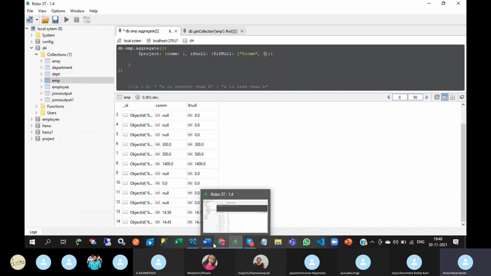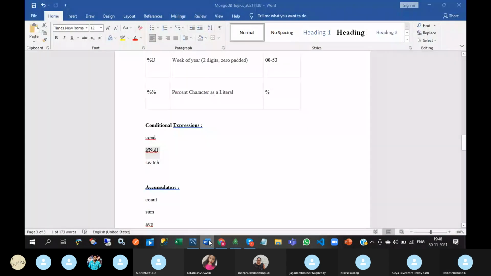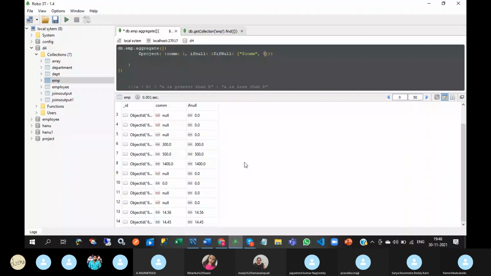Next one is switch. I think all of you know that switch operator, just like the switch statement in JavaScript. It evaluates a series of case expressions.